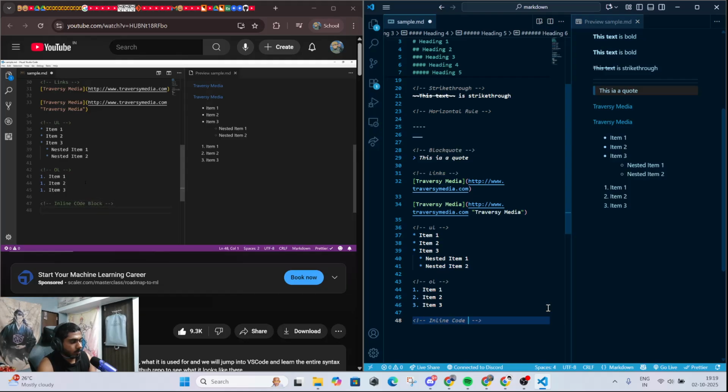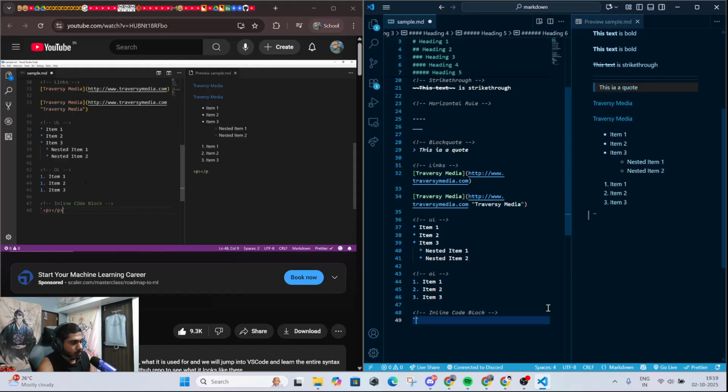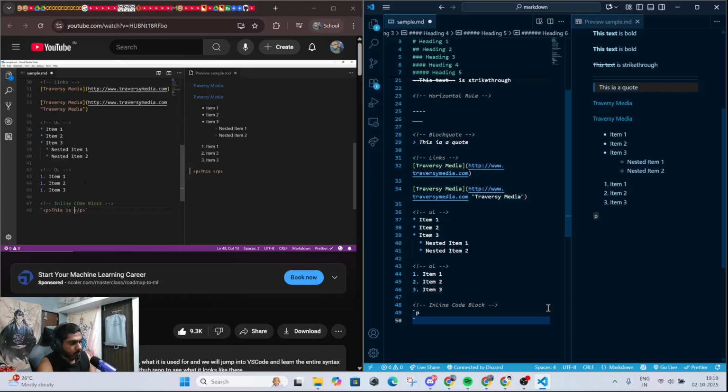We could use backticks. So for instance, if I wanted to display p tags, we could go like that. All right, if we wanted to do, let's see, an image,